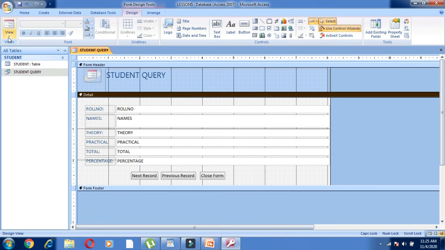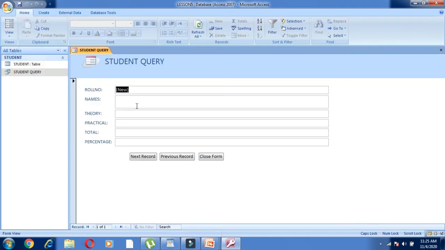So now I'll click on the view, and go to the form view. Now let us write the name over here, any name, suppose I'm writing the name as Karan. You can see the form gives us the options for entering the theory marks and the practical marks, and the total and percentage come automatically. We go to the next record.